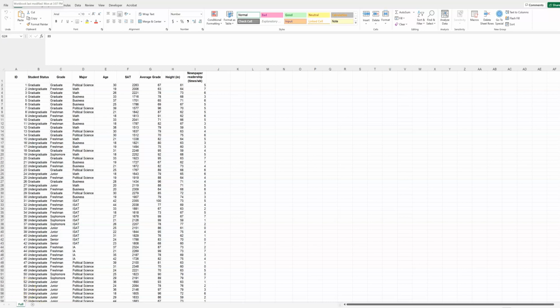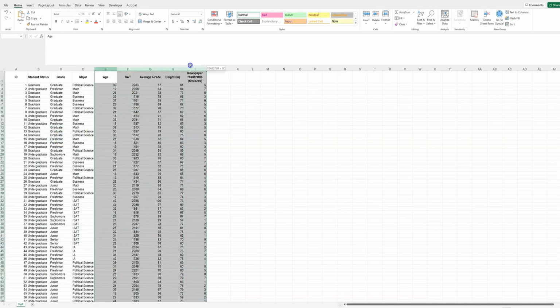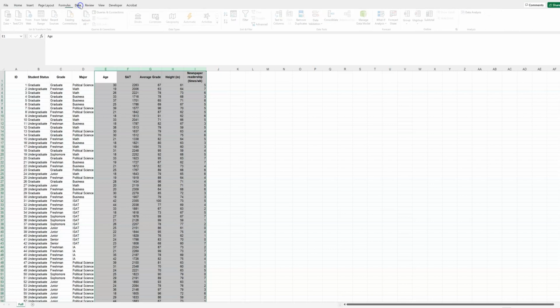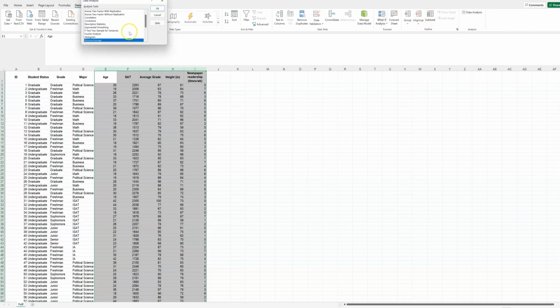I'm going to demonstrate how we go about creating some of the things that we talked about in class. First off, one of the things that we need to be able to do is get descriptive statistics. So what we're going to do is select those columns that we want. I guess we don't need to do that yet, but let's go to Data, Data Analysis, and we're going to